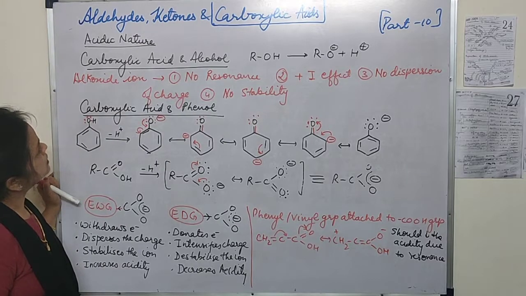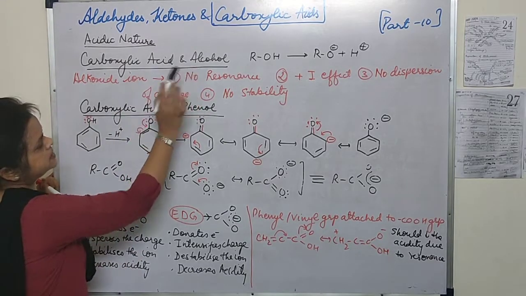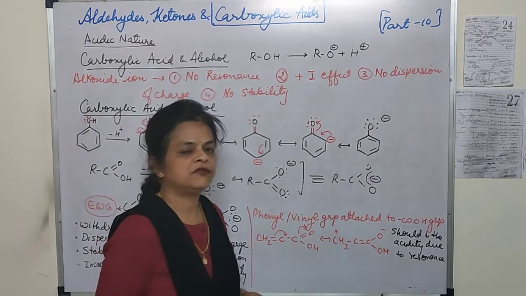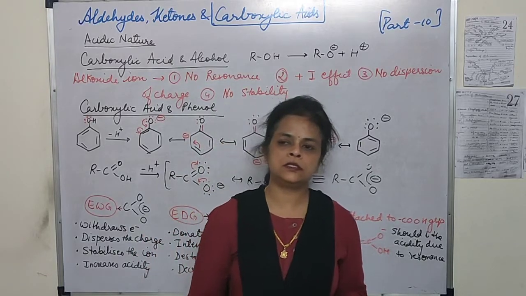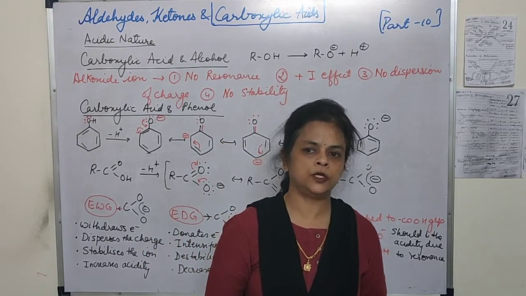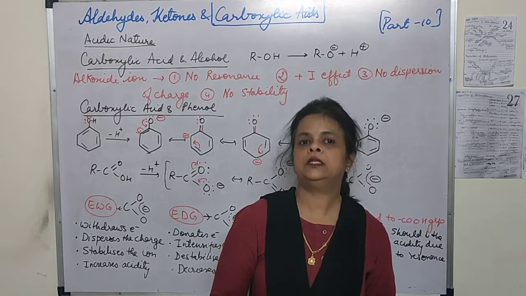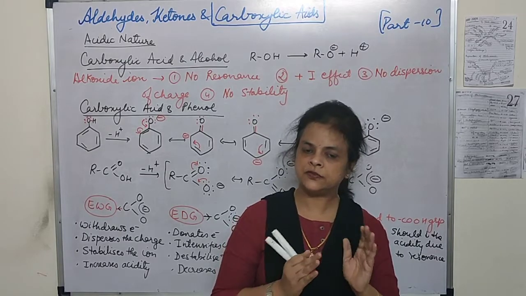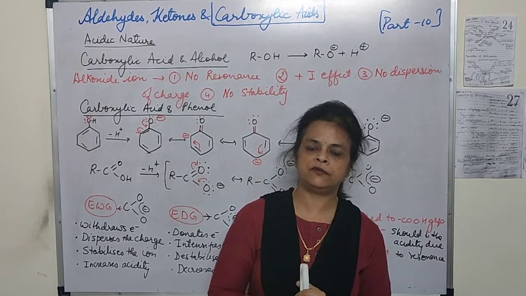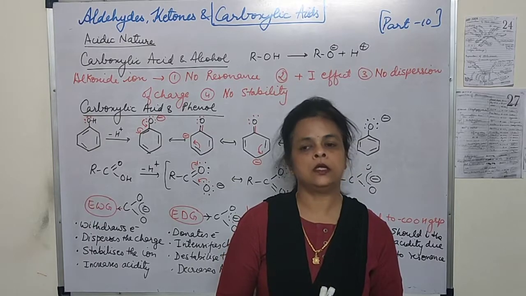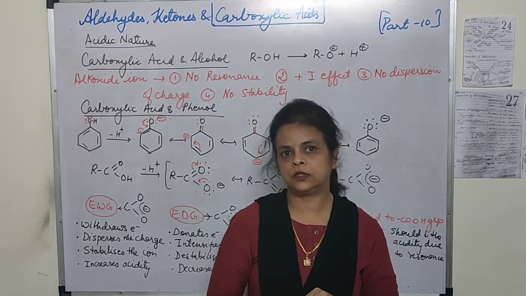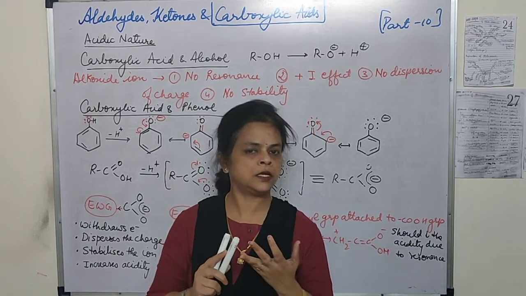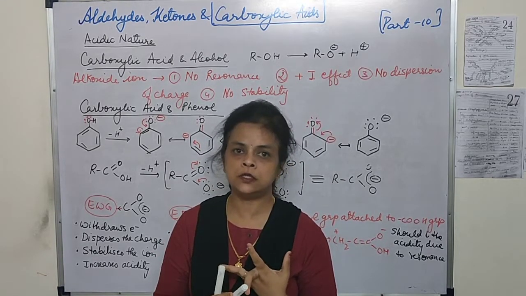Now we will compare the acidic nature of carboxylic acids and alcohol, carboxylic acids and phenol. Students, when we were discussing phenol, we had seen that alcohols show a reaction only with sodium and give out hydrogen gas, but they do not turn blue litmus red, and they do not react with NaOH. The phenols combine with sodium as well as NaOH, forming the corresponding sodium salt, but they do not combine with any HCO3. Whereas the carboxylic acids combine with all three: with sodium, with sodium hydroxide and with sodium hydrogen carbonate.